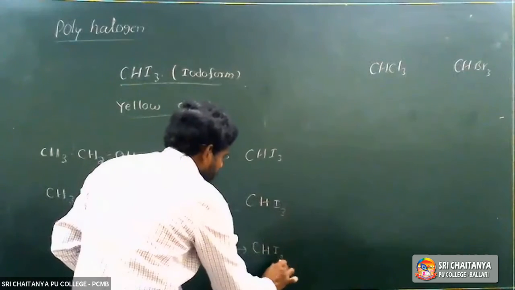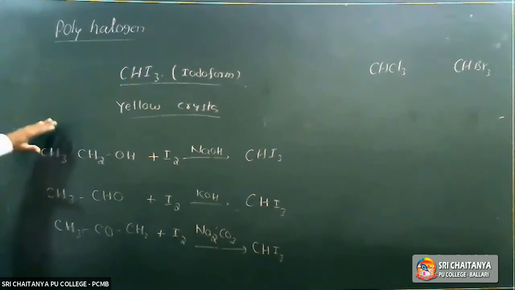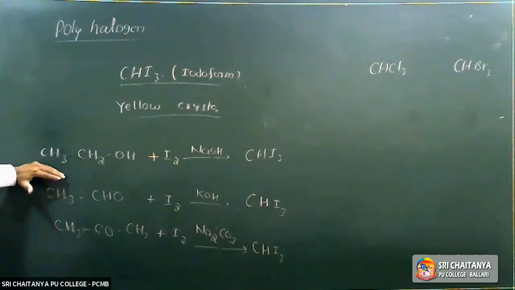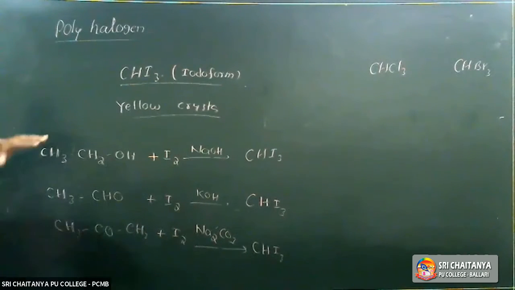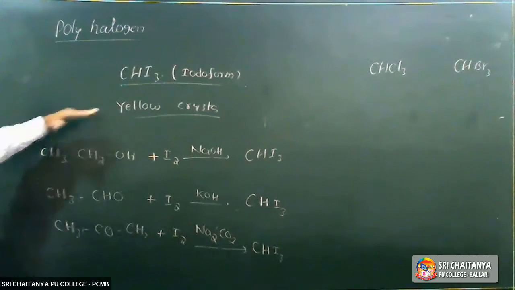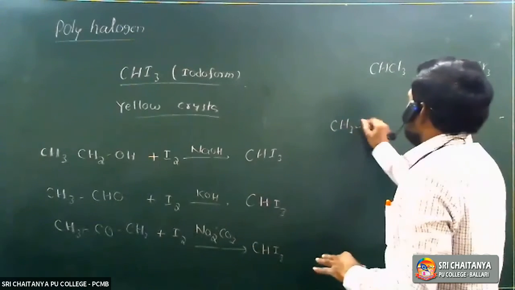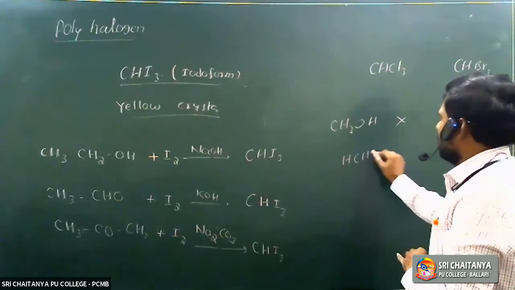In the alcohol chapter and the carbonyl compounds chapter, iodoform is a very important reaction. Formation of iodoform is also called the iodoform test. It is the identification test for ethyl alcohol, also called methyl carbinol, acetaldehyde and acetone. Some alcohols, aldehydes and ketones give the yellow color, but not all. Methyl alcohol does not give iodoform when heated with iodine. Formaldehyde does not give iodoform.